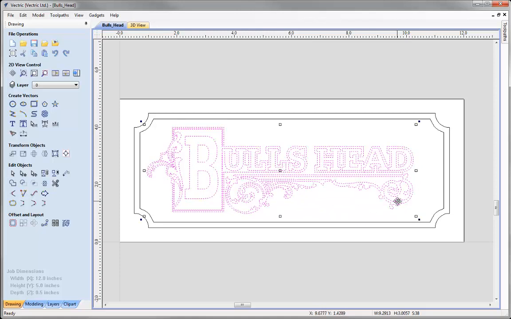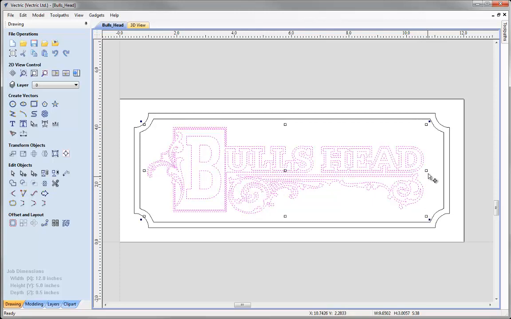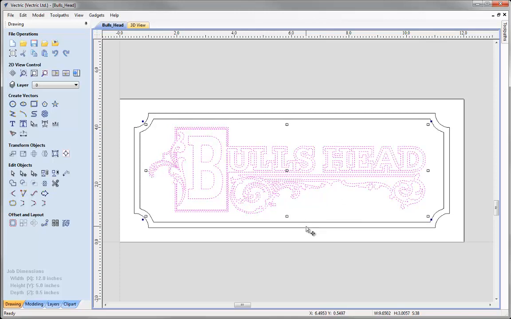In addition, we can scale this or stretch it as well by using any of these handles on the edge. So it may be that I actually want to stretch this out a little. I can click here and just drag in order to stretch that. And again, it's just really a totally subjective opinion as to when this looks correct. It may be we want to balance that out, move it over a little more, but the beauty of these dynamic editing handles is it's very easy for me to keep working with this until I like the layout that